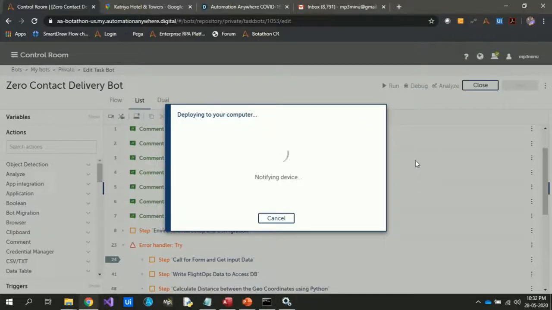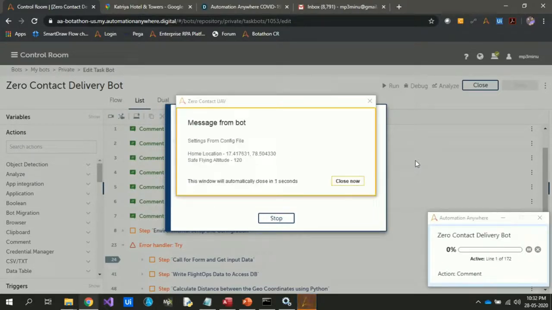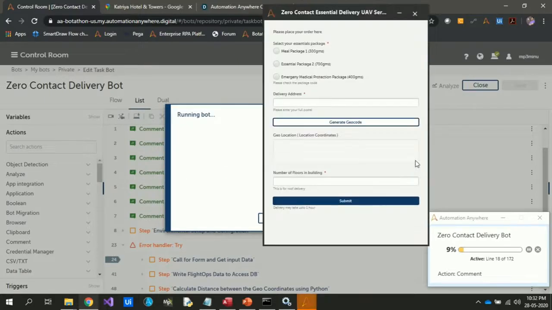Hello everyone, this is my zero contact essential delivery UAV bot which I built on A2019, and this is a quick demo. So the bot first calls the XML config file and loads all the configuration data, and then it brings up an interactive form and we input the delivery address here, and once we click on generate geocode, it